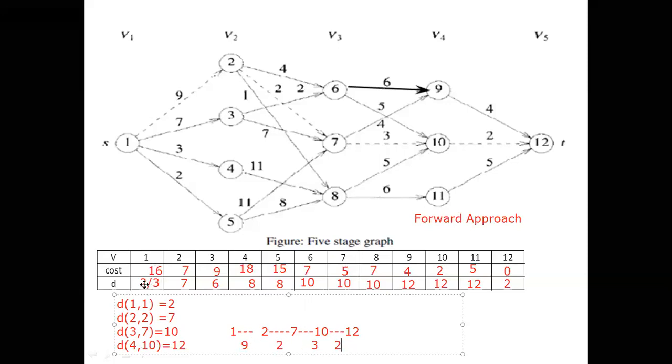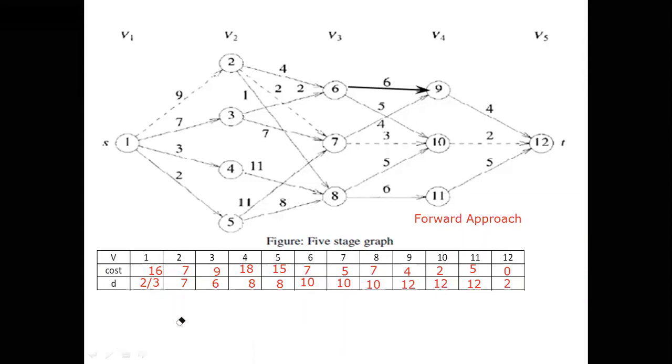Now one more path we will get. Previously, in the first stage, we selected 2. Next we have to select 3. That also I will do now so that it will be clear for your paper, right? I will write once again. What is the first value? D of 1 comma 1, which is equal to D of 1, first stage, first vertex. 1, 2 I already did previously. Now it is 3, right? Now I have to do it for 3.